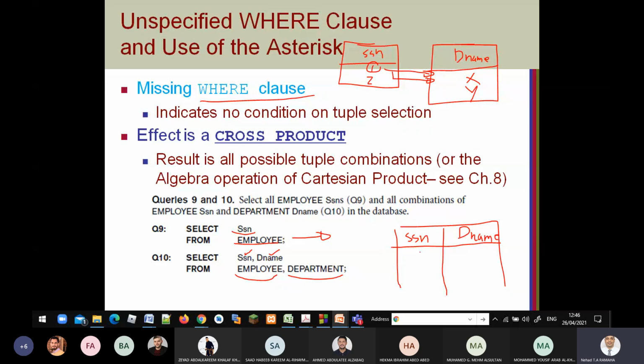So this will be brought like this: 1 with X, 1 with Y, 2 with X, 2 with Y. Each value from the first table with all values from the second table. Of course, if you have more than one attribute from this table and more than one attribute from the other, this means the whole related attributes here with every related attribute from here.